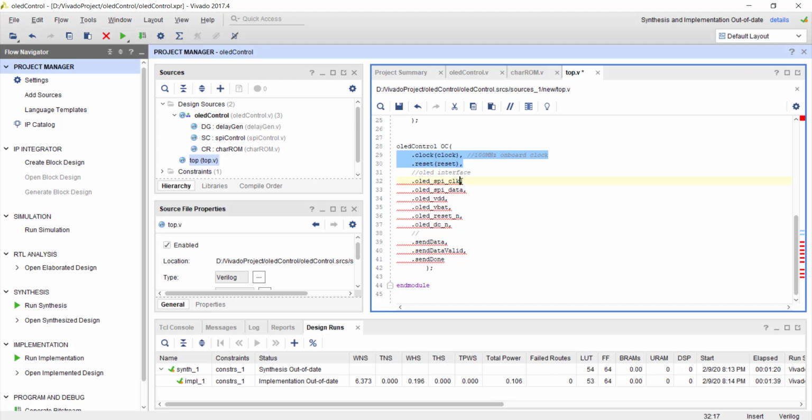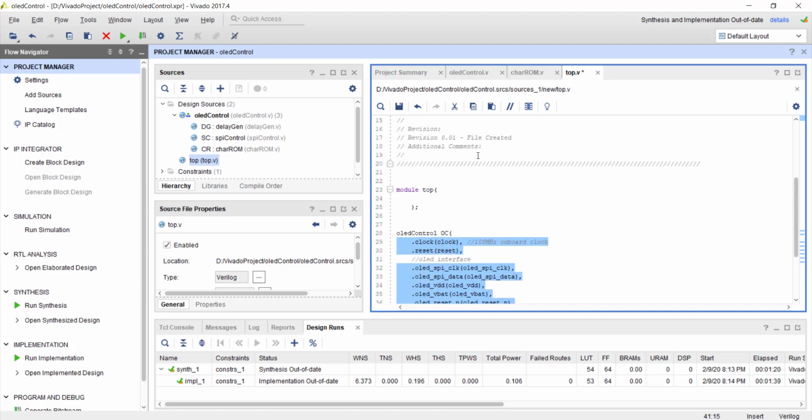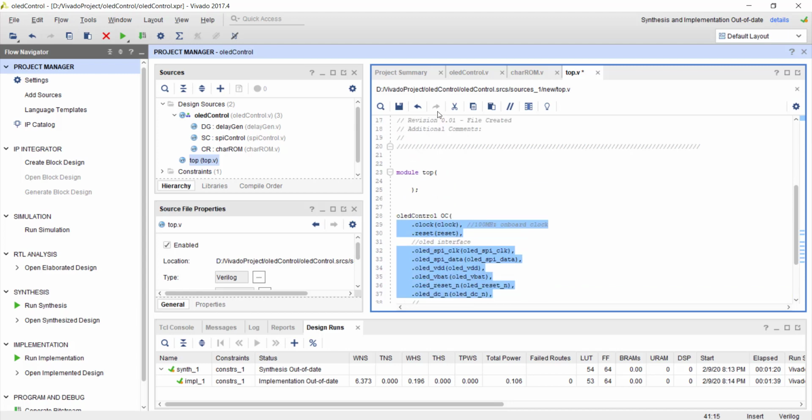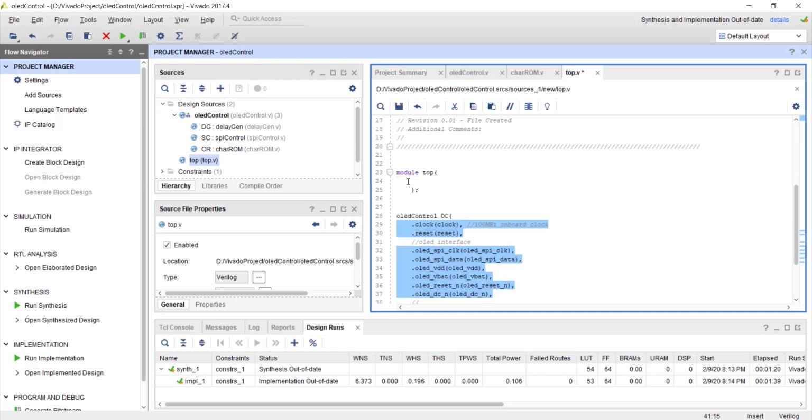And all these OLED signals are also coming from the external world, so I will directly connect them to the external pins. These signals are generated within this top module, so we'll see how to generate them. So other signals, actually I can directly copy paste from here,